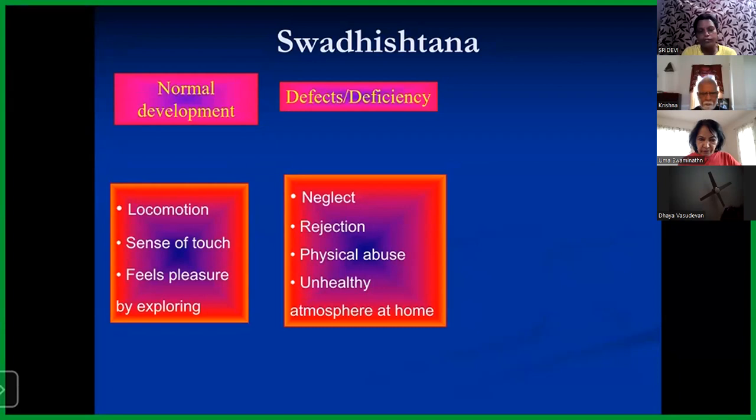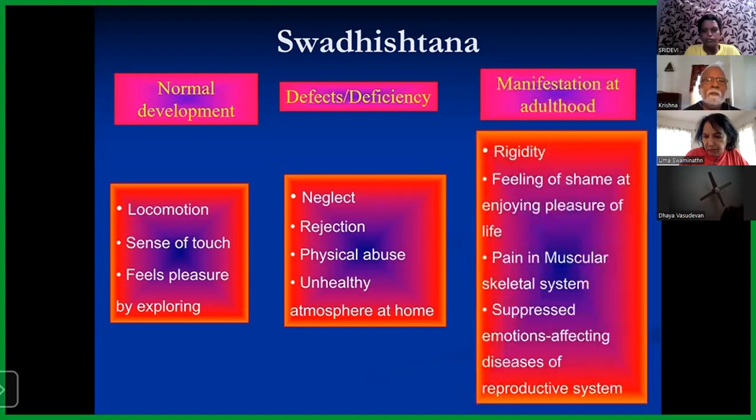In this atmosphere at home, when the child is sleeping, if unhealthy noise is coming, the child is not able to sleep. All this atmosphere will be permanently registered in the brain of the child. Mind and brain coordinate, and whatever it feels in the form of emotion gets permanently registered in the mind. Whatever is registered in the form of emotion will be manifested at a later stage in adulthood.